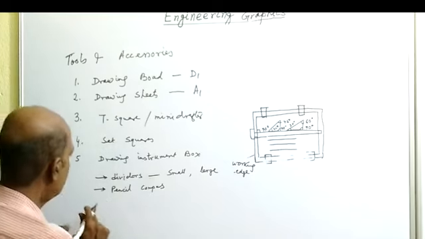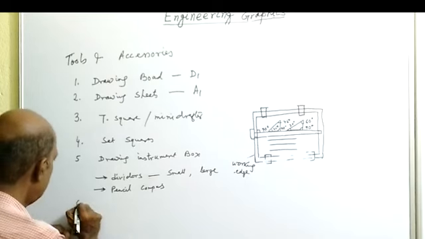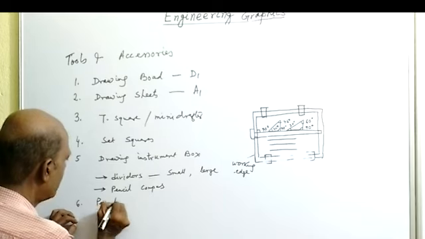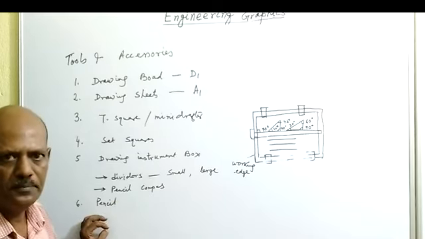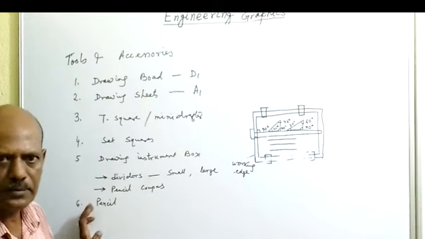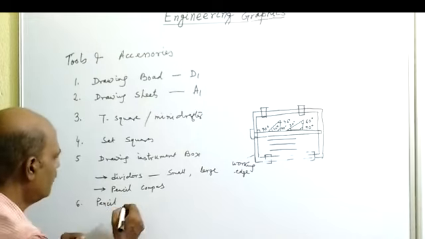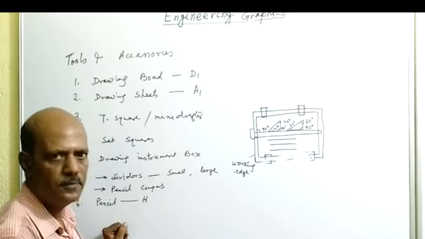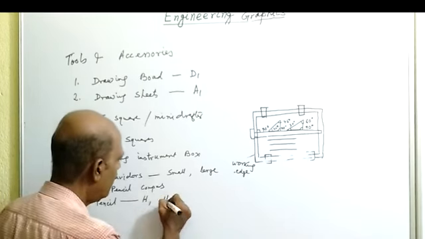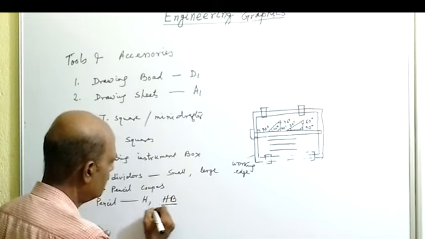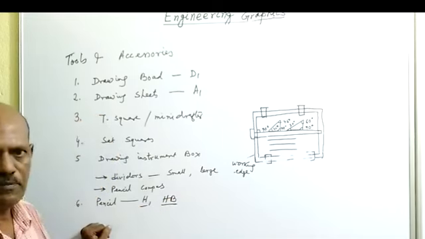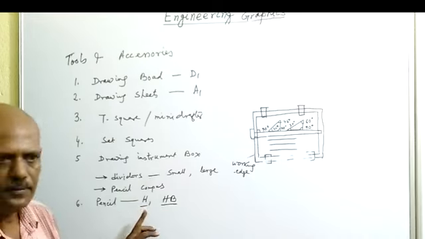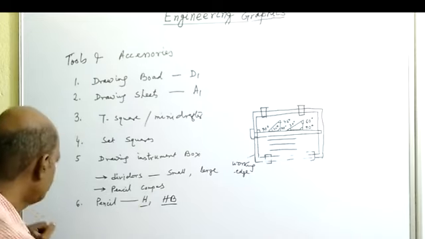The next component which you require is your pencil, that is one of the most vital components. With the help of the pencil we are drawing the points, lines, curves as well as symbols. So the pencil is the most important component. Here we will use the hard pencil as well as the soft pencils, which are marked H or HB. Sometimes 2H, sometimes HB.